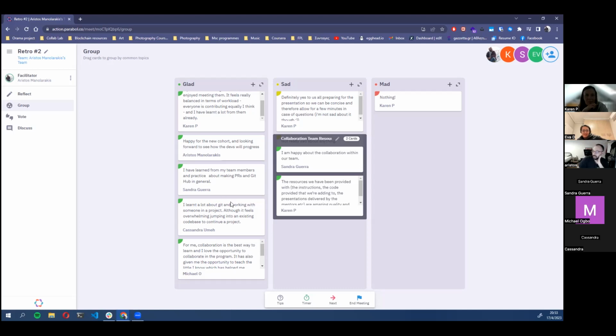Yeah, of course, Git is something that is also really important. And once you get to know it and feel comfortable with it, I promise you it will be really easy.